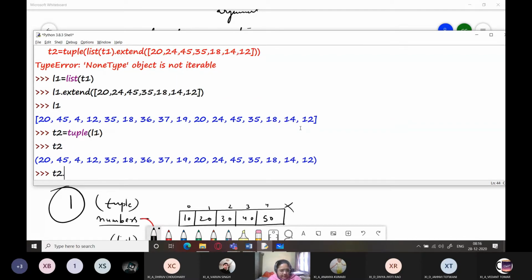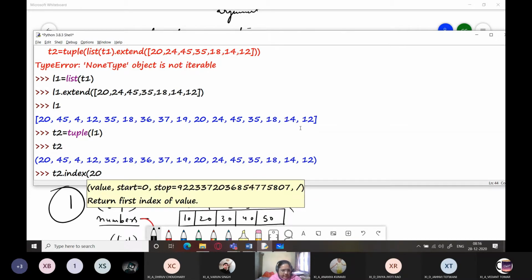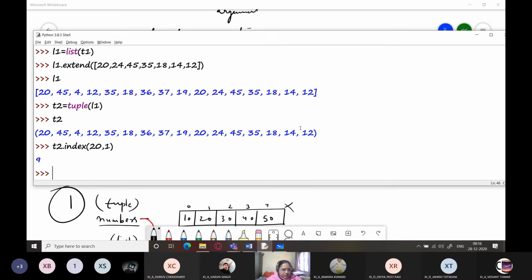I'm writing here t2 dot index, the value is 20, and I'm going to start it from 1. So you can find over here 0, 1, 2, 3, 4, 5, 6, 7, 8, 9. So this 20 appears at index 9 after the 0th index, because we had started our search from this part.